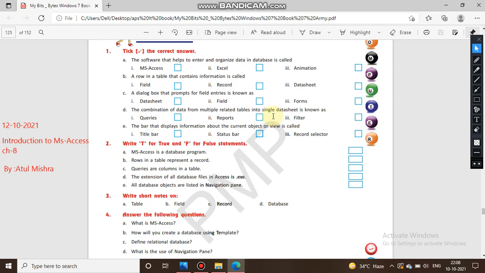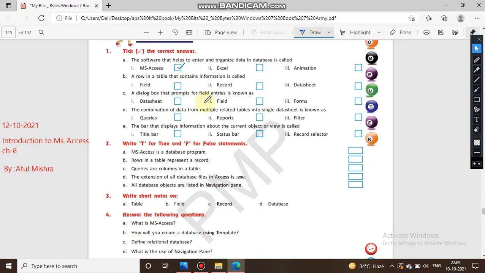There are different types of software like Excel, MS Word, PowerPoint, but MS Access helps you to enter and organize data in a database. So you can take a pen over here and put a tick mark. This is the answer, MS Access.